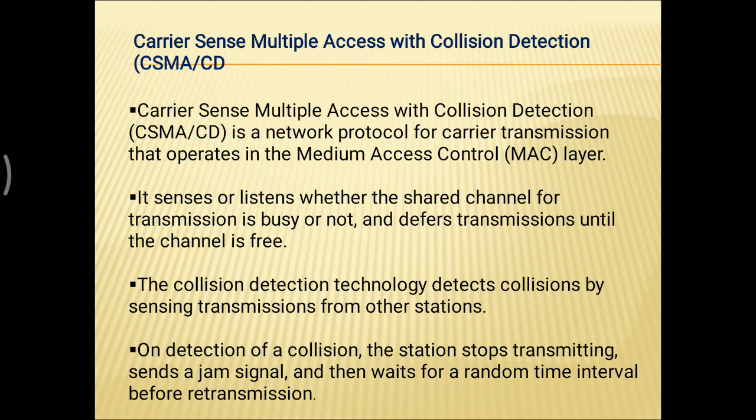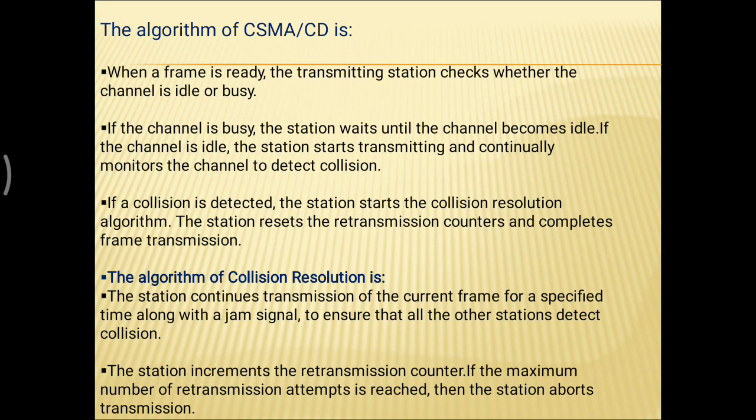If two stations sense the channel is idle and begin transmission at the same time, a collision takes place. They will both detect the collision almost immediately. Instead of waiting until the transmission period finishes, even though the collision occurs before that, they should immediately stop or abort the transmission as soon as the collision is detected by the stations. This approach is called CSMA/CD.